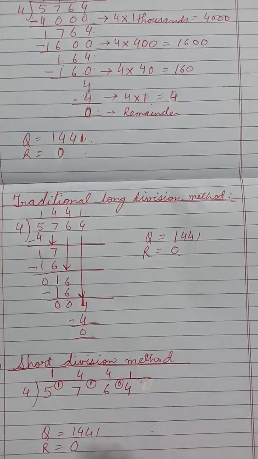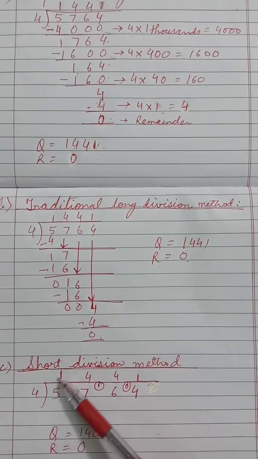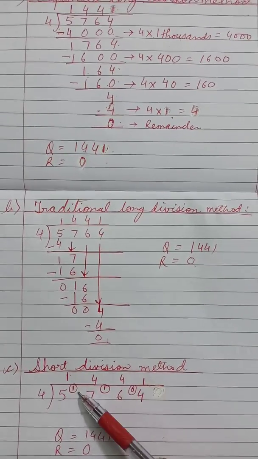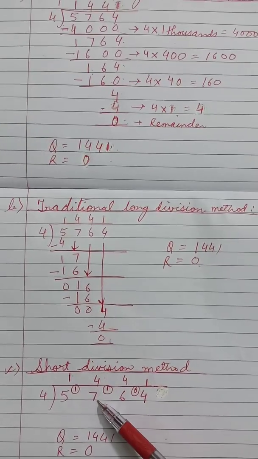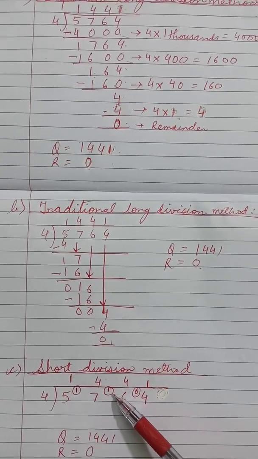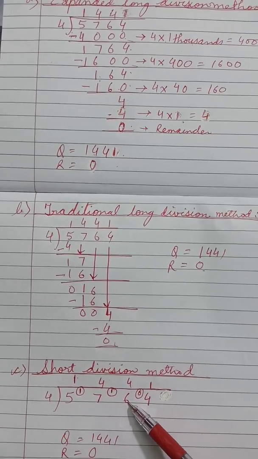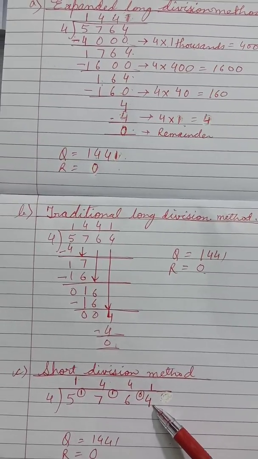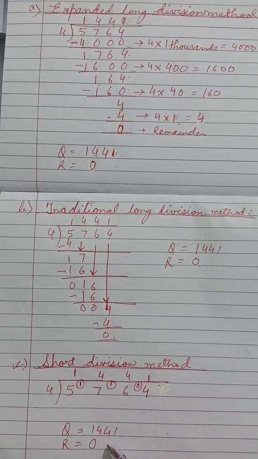Now by using the third method, the short division method, you will try to do it orally. So 4 1s are 4. 5 minus 4, remainder 1. Now 17, so 4 4s are 16. 17 minus 16, 1. Write here remainder 1. Now again 4 4s are 16. Again 16 minus 16, here remainder will be 0. So 0 4. Now 4 1s are 4. Now no remainder, so remainder will be 0.